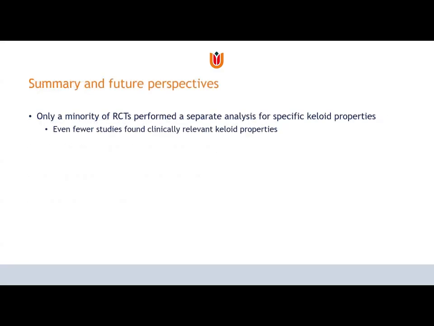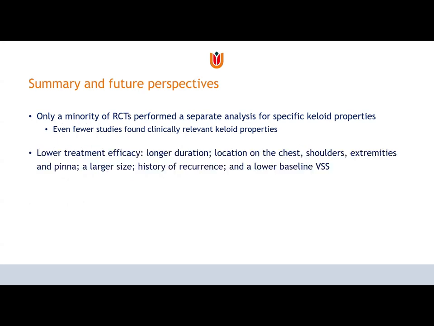Then in summary, only a minority of RCTs performed a separate analysis for specific keloid properties, and even fewer studies found clinically relevant keloid properties. Based on this study, a lower treatment efficacy was identified for keloids with a longer duration, location on the chest, shoulders, extremities, pinna, having a larger size, history of recurrence, and a lower baseline Vancouver scar scale. However, of course, the clinical relevance of other properties cannot be excluded, since we had only a small number of studies with small sample sizes and also